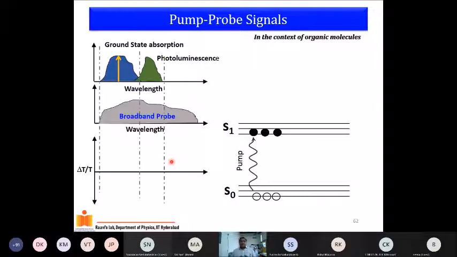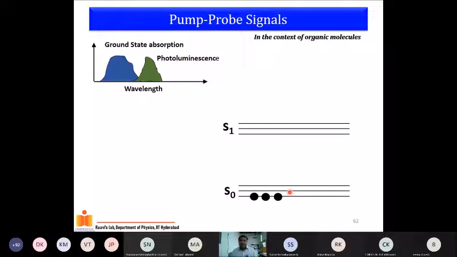The first thing is, let us look at the spectral region of the probe which matches the ground state absorption. Now when this white light comes and interrogates this material system, it sees that this particular small region of the spectrum, which corresponds to the ground state absorption of this molecule, doesn't see any population in the ground state. So there's nothing to absorb, so it gets transmitted. On the other hand, what happens when you put off the light, which is the case of pump off? There is population in the ground state, so there is an absorption event happening.